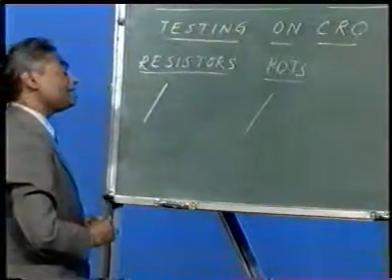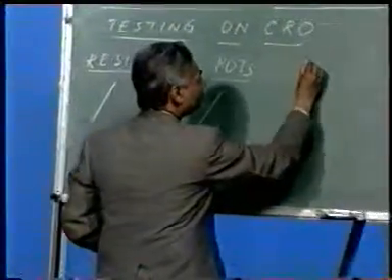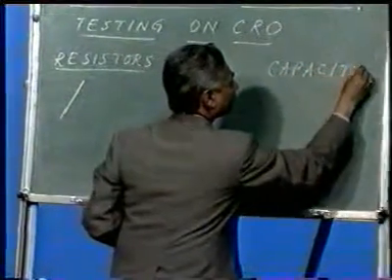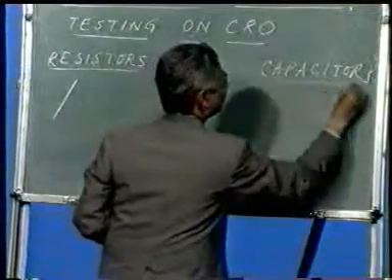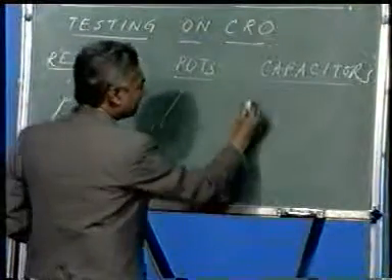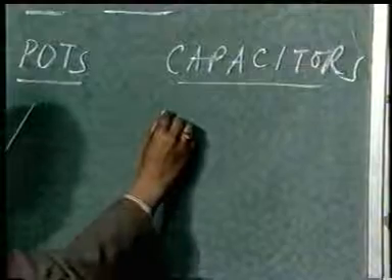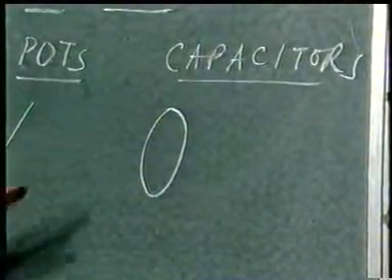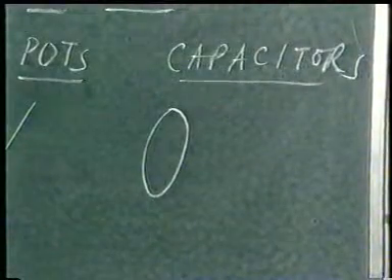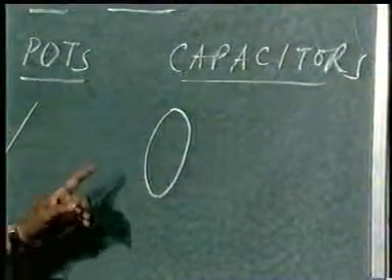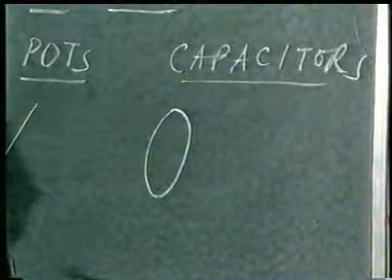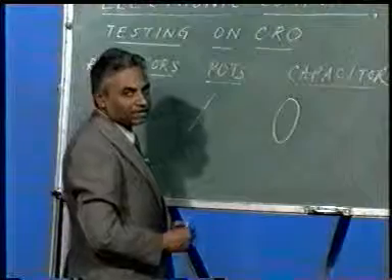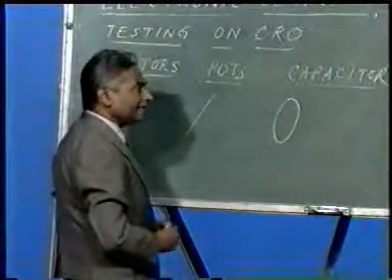In case of a capacitor, you will get a loop like this when connected on a CRO. You will get a loop like this, and if you do not get a loop like this, if you get a horizontal line, that means the capacitor is open, and if you get a vertical line, it means the capacitor is short. In case of an inductor,